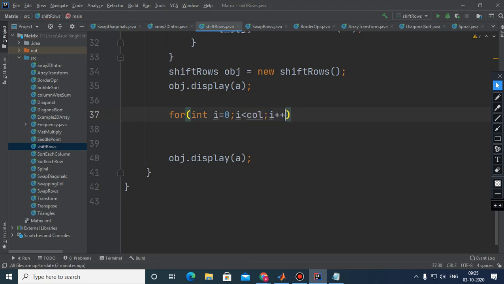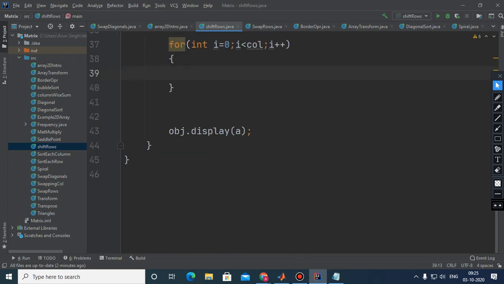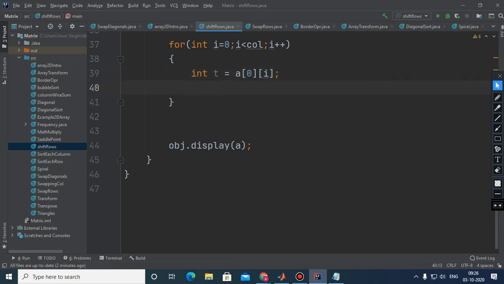And since we are going to traverse all the elements column wise, here what you need to do is just take this variable and pick the very first element, which is a[0][i]. When the value of i is 0, you have picked the very first element from the first column. When the value of i is 1, then you have picked the first element of the second column. This is how it is going, like that.